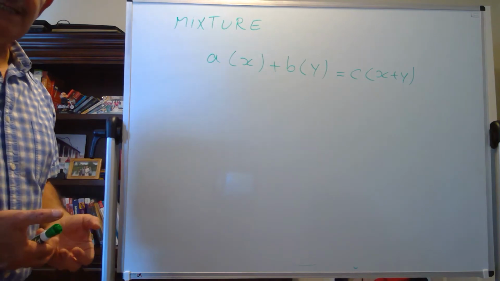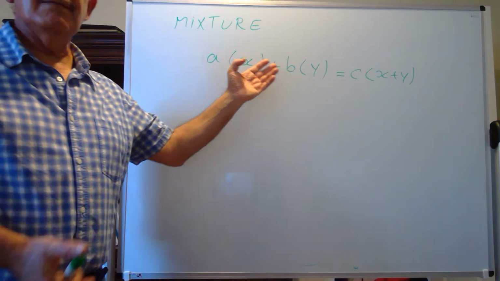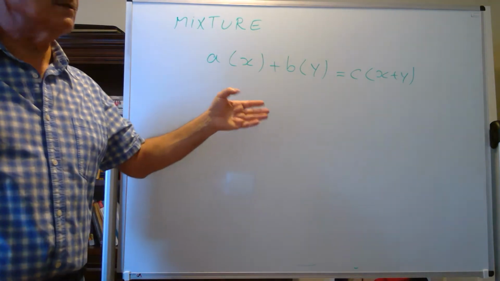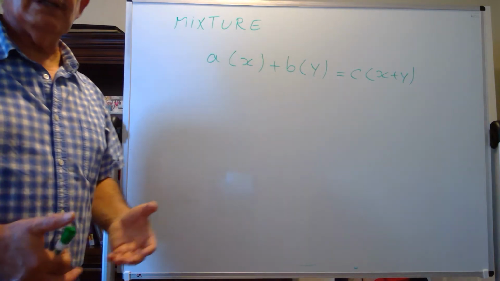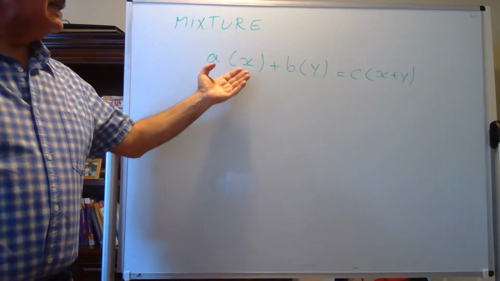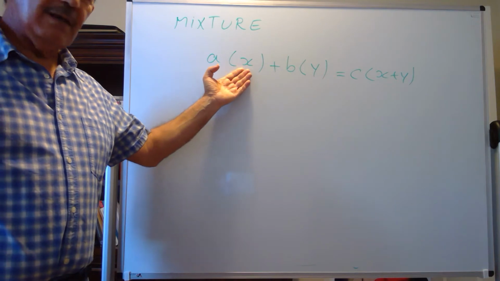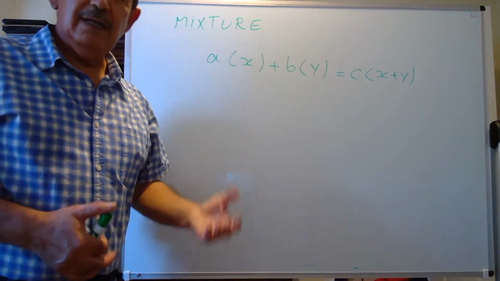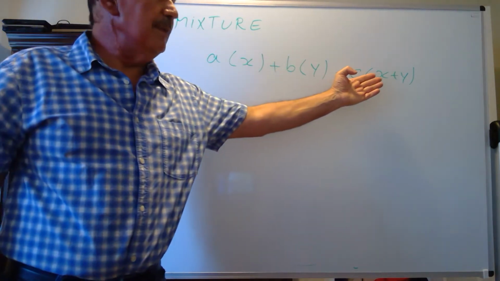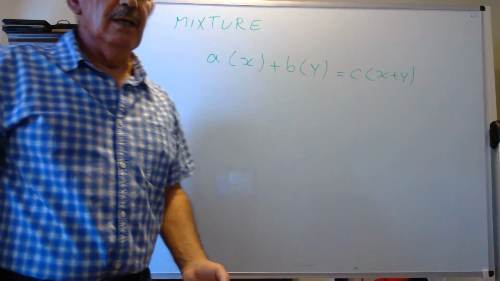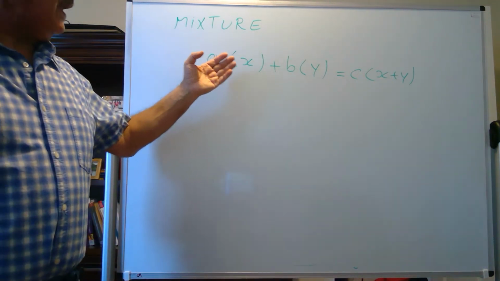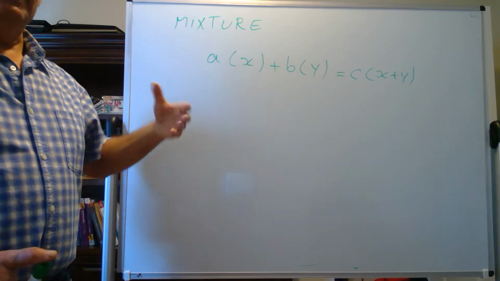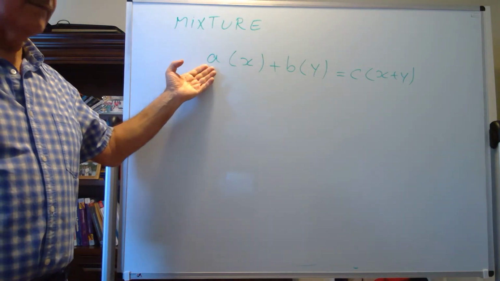When we are mixing these two values, it can be kilograms, pounds, ounces, liters, whatever it is. When we are mixing X liters of something with Y liters of another thing, the result will be X plus Y liters. Or X kilograms of nuts that cost $12 per pound